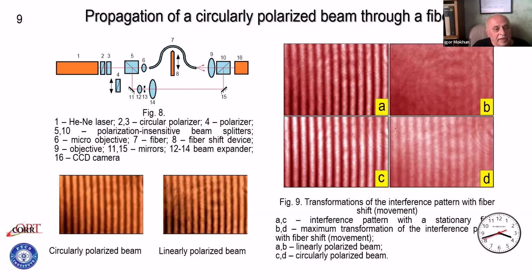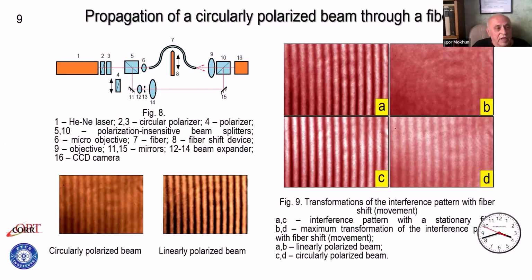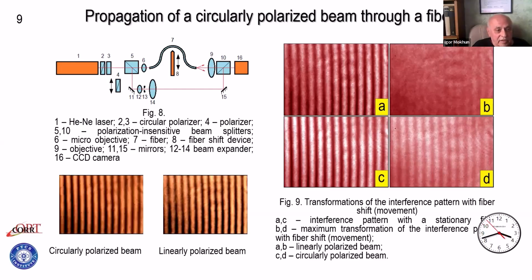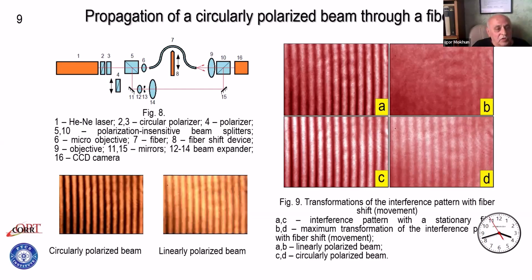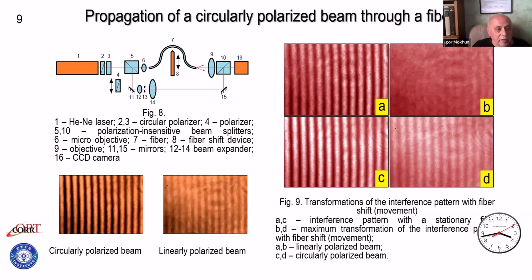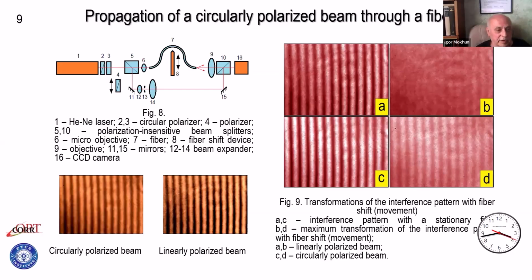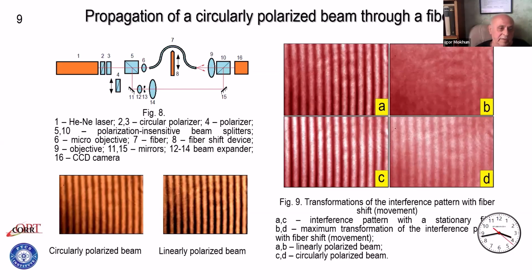This is due to the fact that when bending such a fiber, it is impossible to avoid interaction between the fiber modes, and as a consequence, the transfer of energy from one mode to another. In other words, the interference pattern is unstable in both cases. However, the presence of angular momentum in a circularly polarized beam should lead to field changes somewhat different from those in a linearly polarized beam. Unfortunately, given